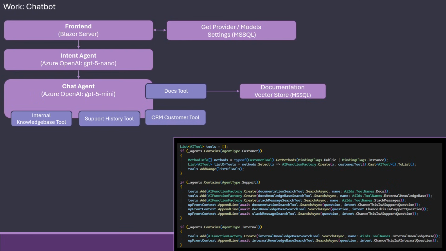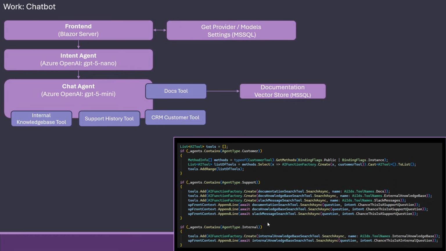The docs tool is actually over to another system that has a vector store. We have a documentation page, and that documentation page has been vectorized with all its markdowns, so it can be searched using vector stores. There's an API for that, and I just query that and get the values back. And again, if it sounded like support, it takes up to 10 of the documents. If it doesn't sound like support, it takes a maximum of 3 from here. That is how I controlled it down here for the various stuff.